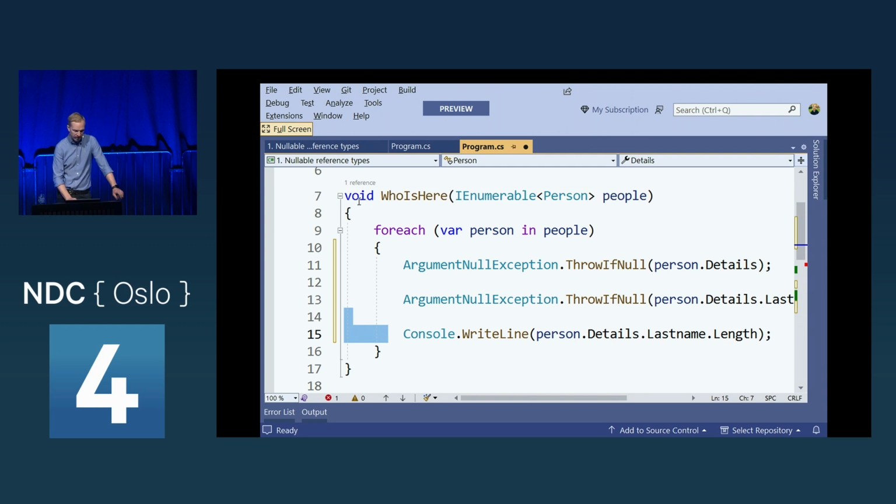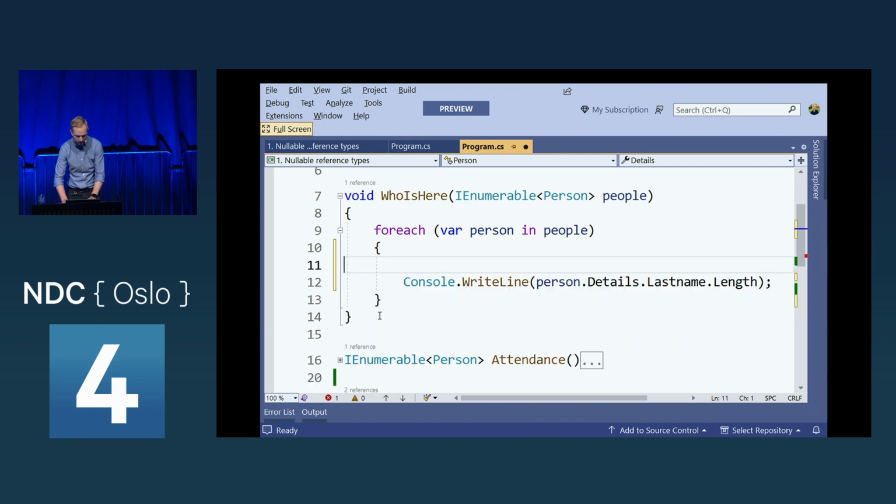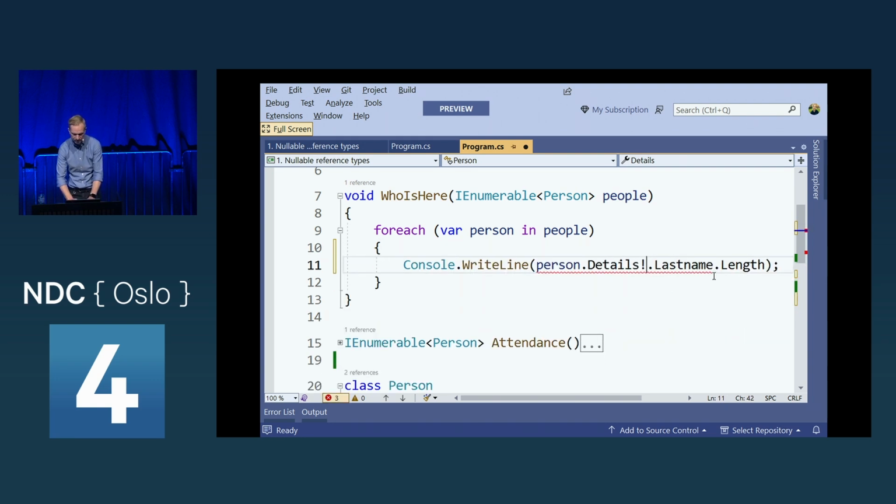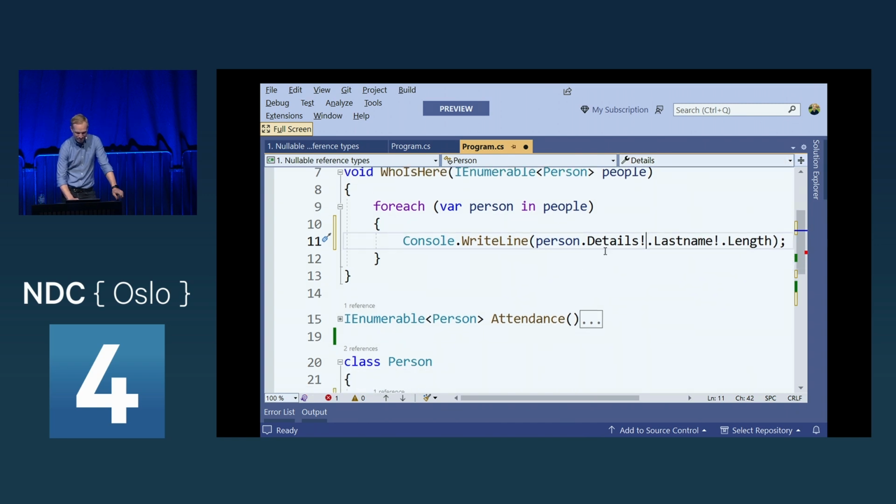There's another place in this application. Before I get to that, let me show you another option here. If we remove this, I could also say that I'm smarter than the compiler and say, damn it, give me the details. This is the damn-it operator. You think this is a good idea? Maybe. This was a fix to get rid of not having the required keyword previously in C# 10. So you could say that I require this to be non-null, but the default is null, damn it. Not the best design. Anyways, let's keep it like that for now.